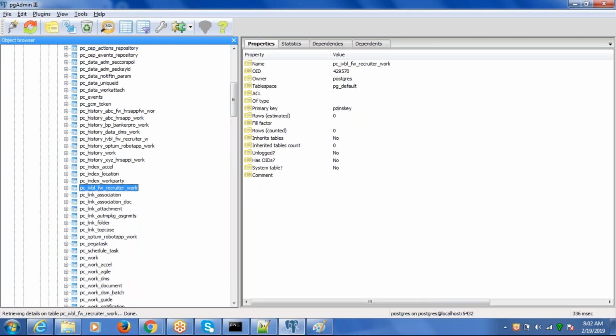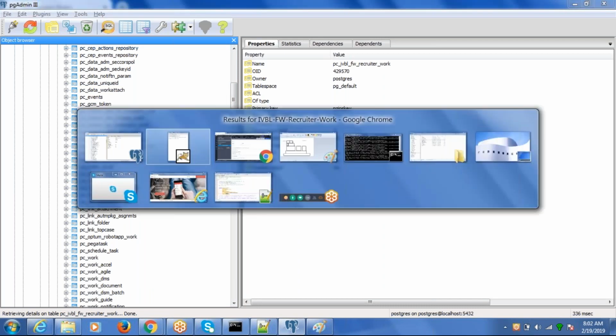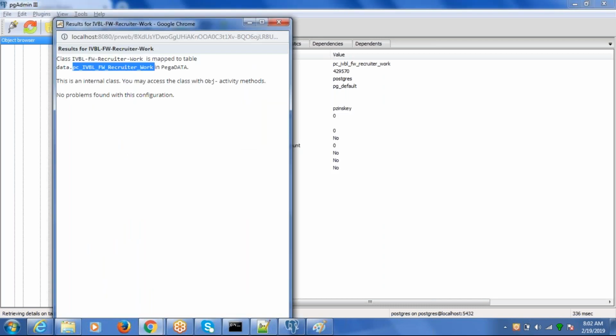You see the wizard is creating so many things: operators, organization, division, unit, access group, application, class, and table in the background. All these things are getting created, along with application rule sets. In that way, it is creating a complete space within this one hour. We are not doing all these things manually. The system is driving us and taking care of all these things.